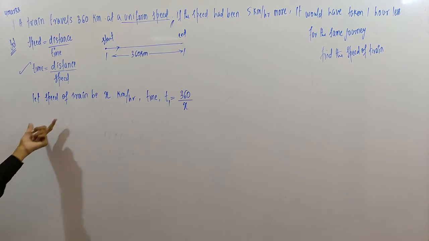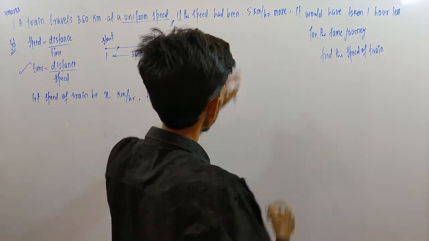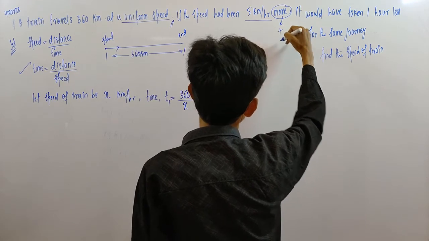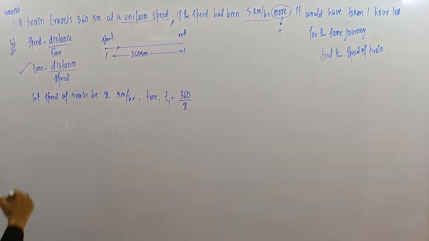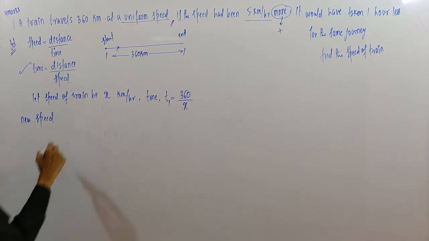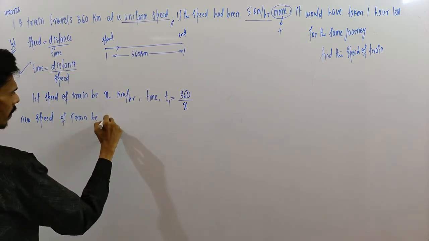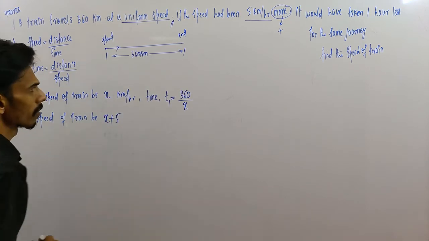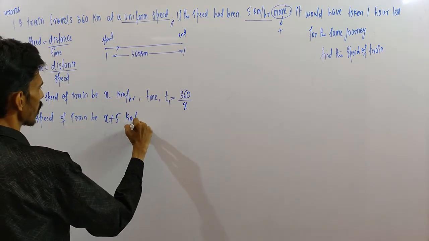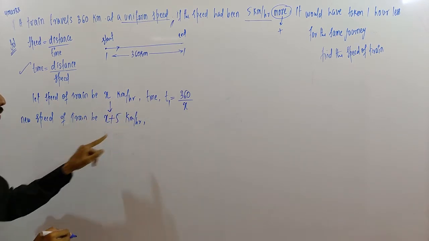Till here, this is the statement given in the question. From now, if the speed had been 5 km per hour more, it means the speed has increased, added. So the new speed of the train be x plus 5, because 5 more. So we have x plus 5 km per hour. Now the speed is increased from x to x plus 5.